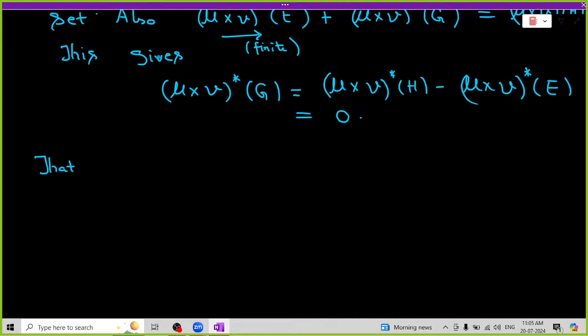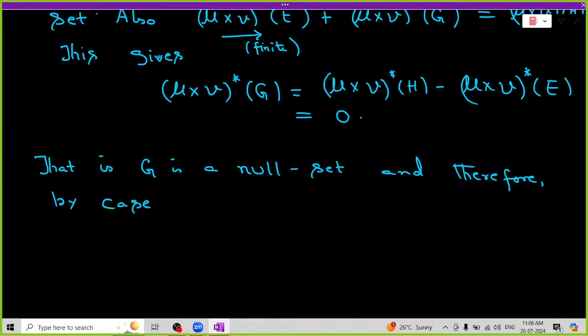That is, this capital G is a null set, and therefore by case 4, what will happen? Its x section, therefore by case 4, G sub x, meaning the x section of G is, this is a new measurable set